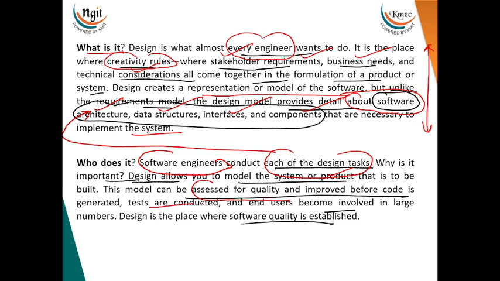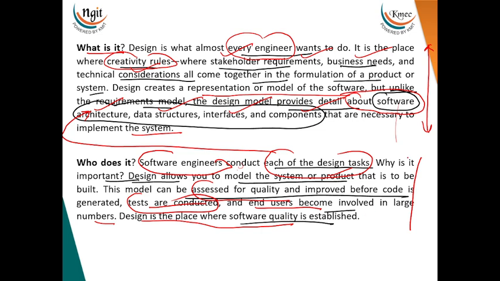Generate test cases, end users become involved, and the large number of end users are there. Design takes place, and the software quality is established. So what does it mean here? A software engineer conducts a design task, which is very important, which allows the model to go for testing. Tests are done based on the quality. Then test cases have been conducted. End users get involved based on the test cases and modifications, and a very good quality product has been